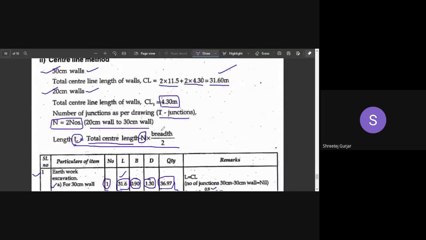So you can see the height is 0.3 and the width of my side stone masonry is 0.4. But while doing deductions, what we have to use is the width of the 30 centimeter wall at the same level. At the same level, you have to check for the 30 centimeter wall. If the width is more than 0.4, we have to use the width of the 30 centimeter wall. And we can see in the figure that at the same level, we have 0.7 meter as the width of the 30 centimeter wall.